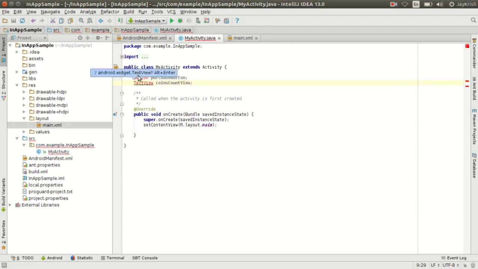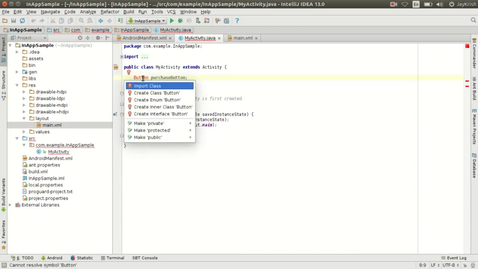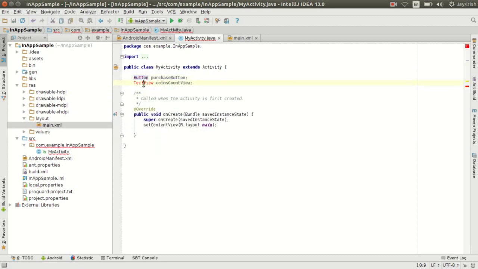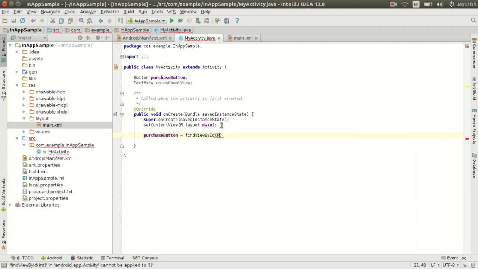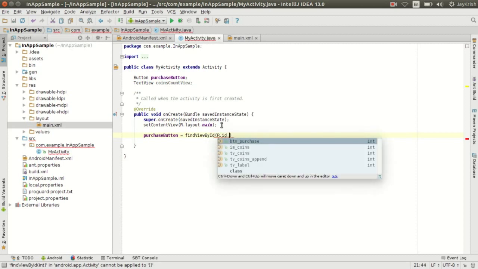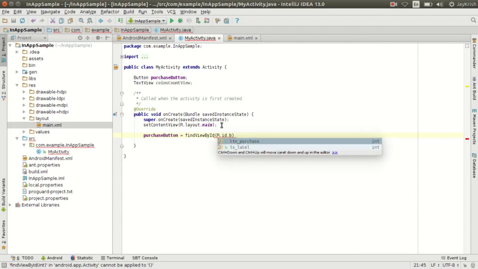So let our editors to import the Android button and text views. And from our onCreate method, we will be getting the purchase button called find view by ID R.id.btn purchase,